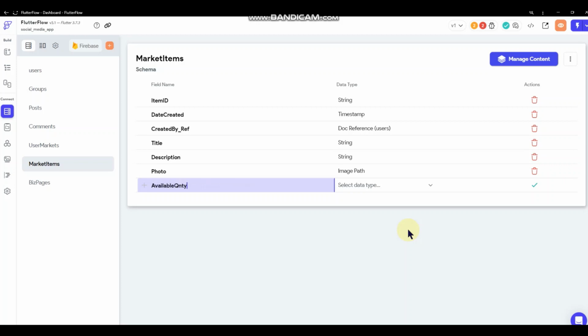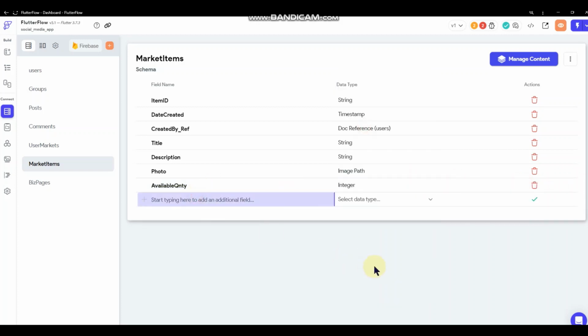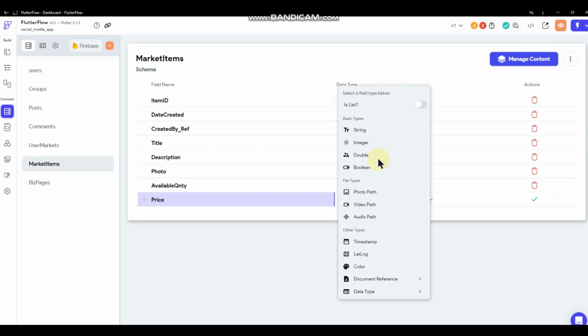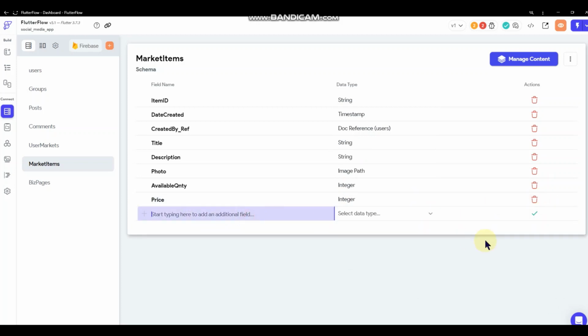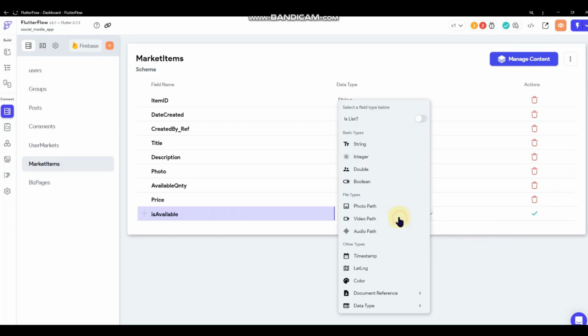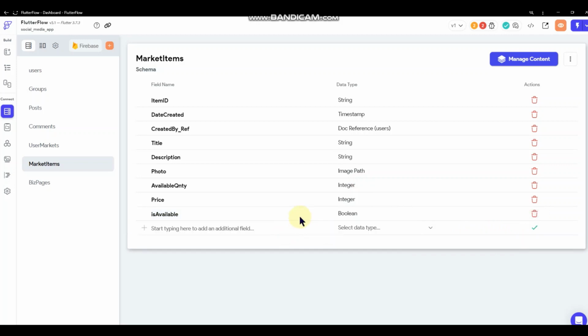Do available quantity. So if there's more than one, set it as an integer. Price. And I'm gonna keep the price as whole numbers. I'm not gonna work with decimal points. So I'm just gonna set it as integer. And let's see here. Do is available. Okay.